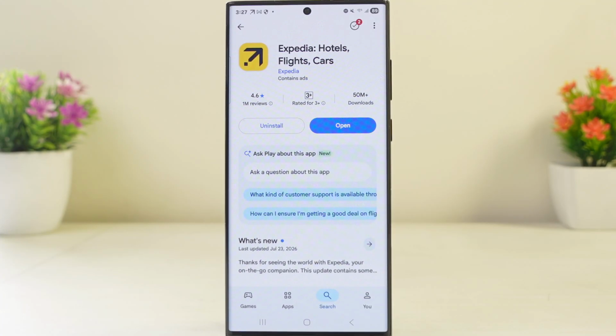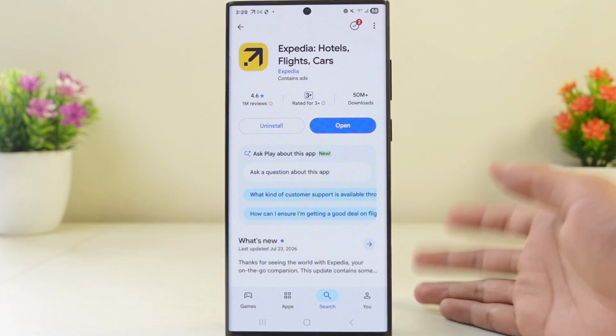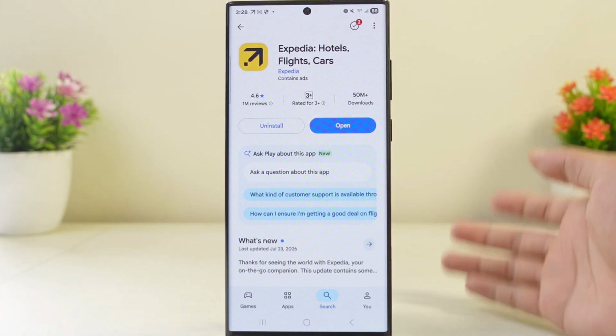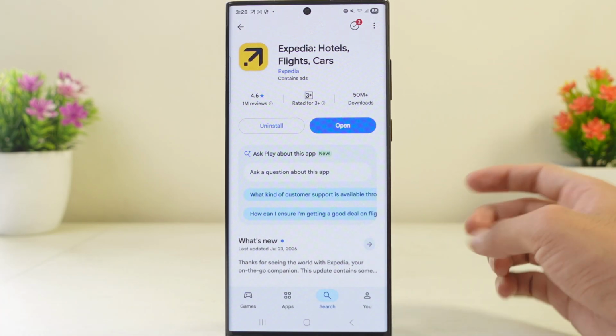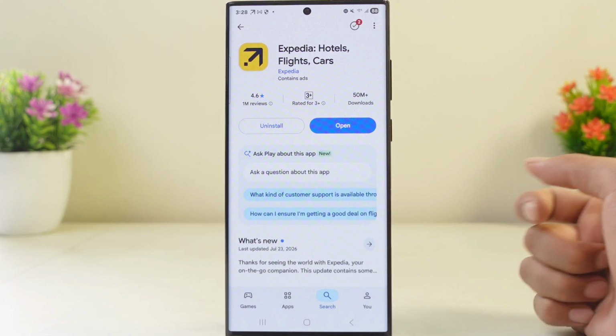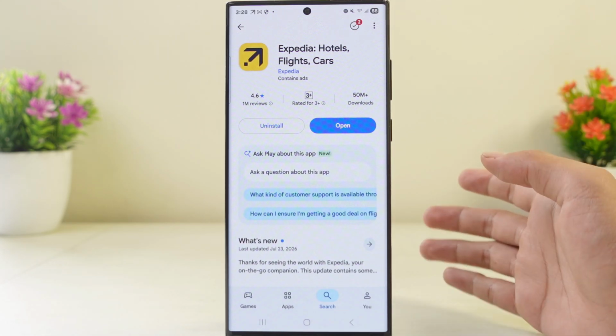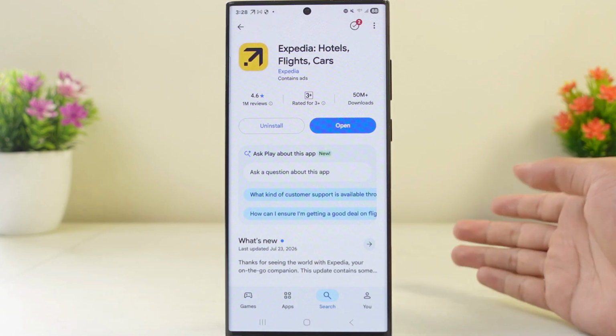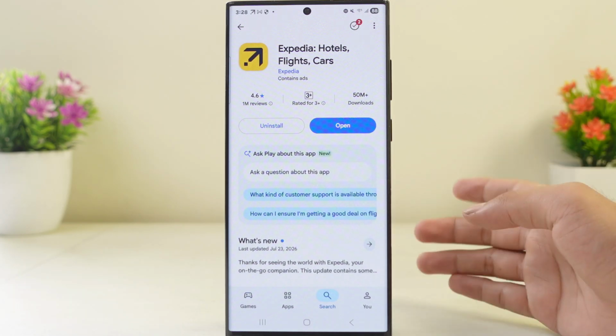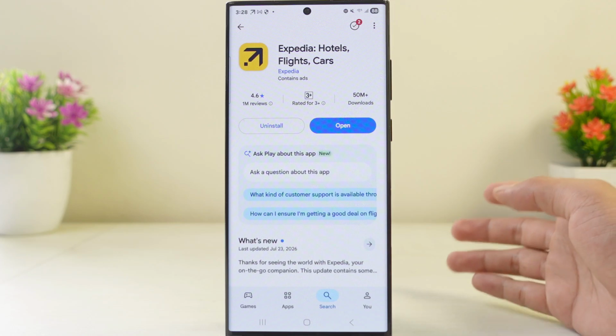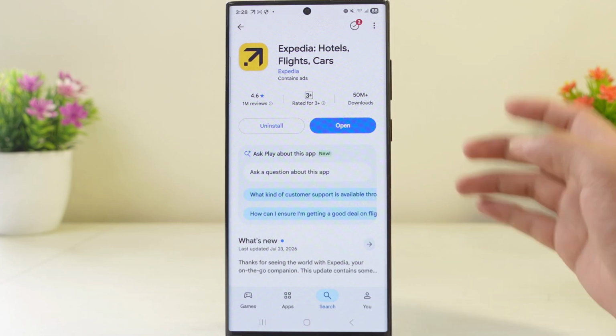How to use Expedia Travel Protection feature. To use Expedia Travel Protection feature, you must view your coverage terms under your account trips portal and file a claim directly through the third-party insurance partner. Expedia acts as the marketplace seller, meaning payouts and approvals are handled entirely by the designated underwriter rather than the